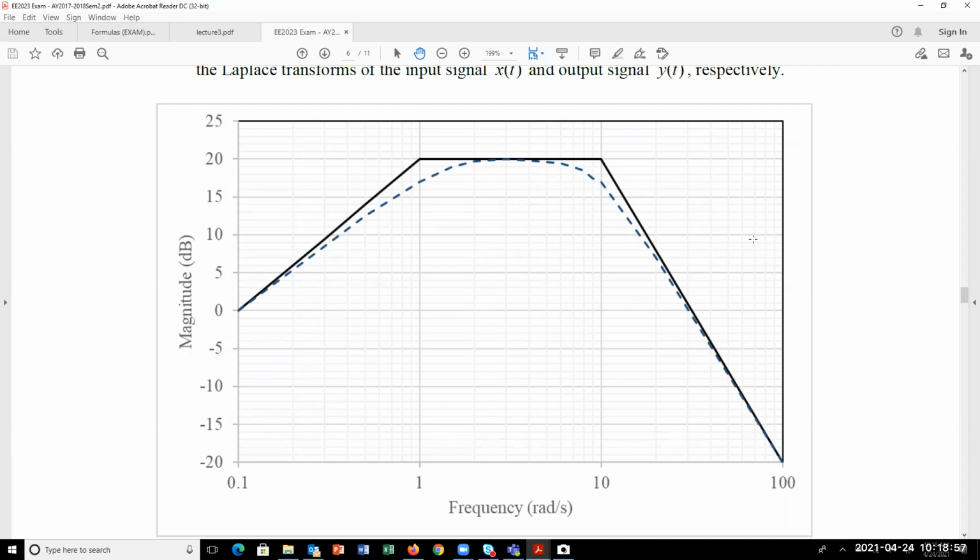Prof, so it starts out at 0 as a flat line, then between 10 and 100 it becomes a diagonal line. That's right. That was in chapter 10, and the summary is there. But there are no curved edges in between? No, because all these are asymptotes, so these are all approximate behavior. And then it ends off right at 100 radians per second. Yes. So that means if we were drawing the phase,